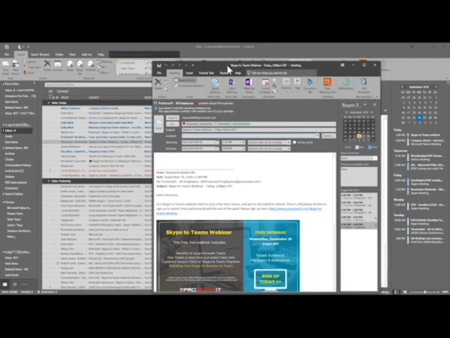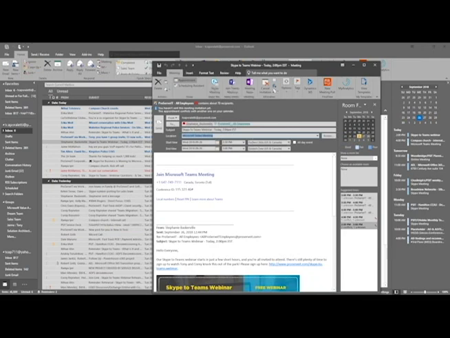Because we're in islands mode, I'm able to use both applications side by side until which time the administrator or the moderator of the tenant decides that, okay, we're going to cross over now and start using Teams full time. So it gives you the ability to try out the service and get used to the functionality to make it easier for the transition.